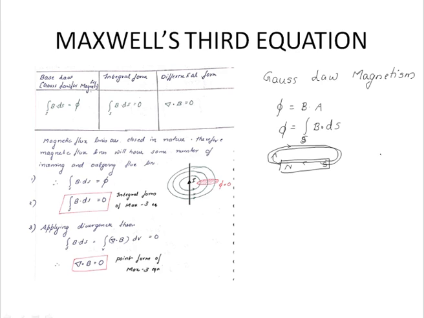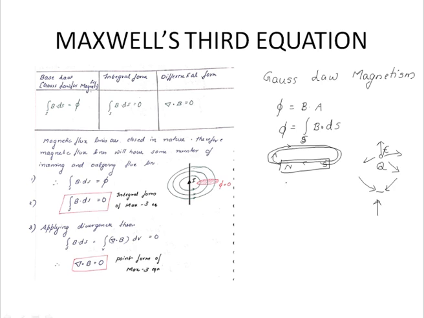Whereas when you take a charge q in Gauss law for electrostatics, you can see that the charge has a field like this, outward or diverging in that manner. So if this is a plus charge, then the field is diverging. If we have a minus charge, it is said to be converging like this.